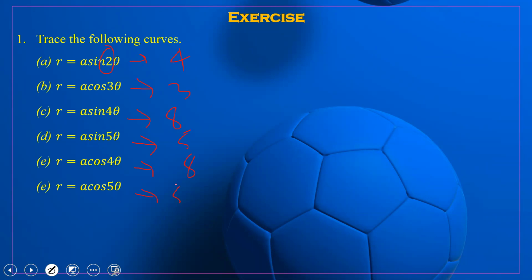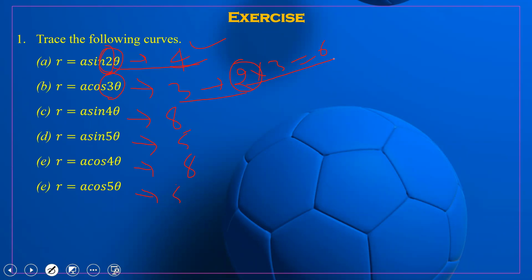So clearly, how many loops? Suppose n is even. How many tangents do we get? We get 4 tangents, and in between 2 tangents, we have a loop. Now here n is odd, it is 3. So how many tangents do we obtain? We obtain 6 tangents. The number of tangents will be 2 times the value of n when n is odd. If it is even, then we get the same number of tangents as n. So 2 into 3 means 6 tangents over here. Between the 6 tangents, alternately 1 loop will be present.